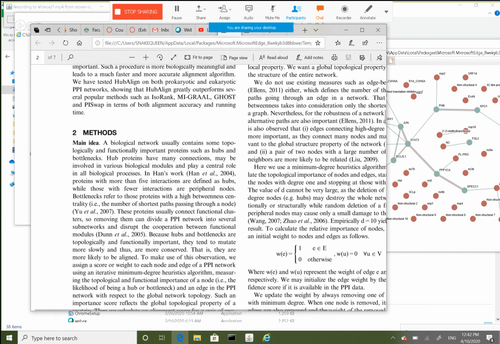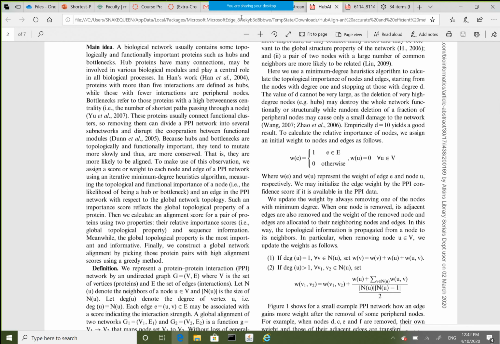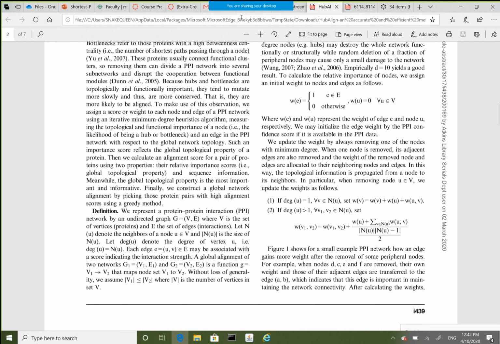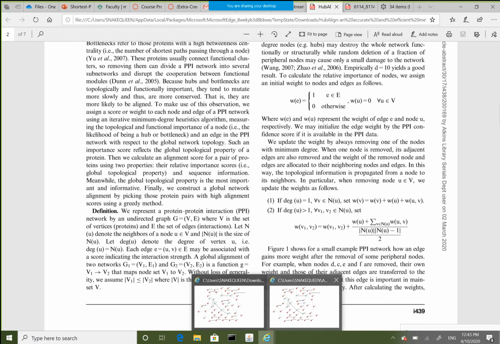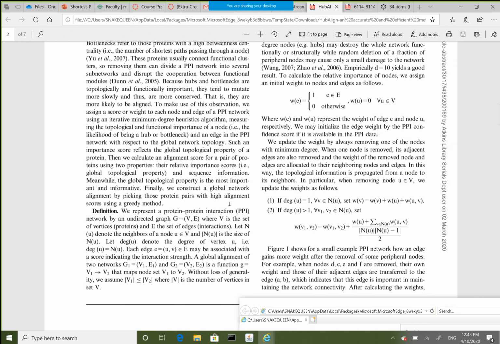Okay, so in this paper, and then also I make it bigger. And this part gives you an idea of what they do, and then underlined, they said, if you just take a look at the degree of the graph, this just gives you local topology information. This paper wants to calculate the global topology information. So what they do, they want to check the importance, right? So one of the tasks,